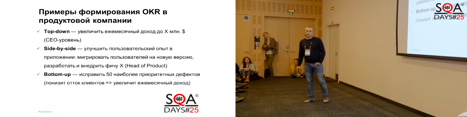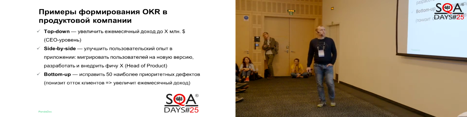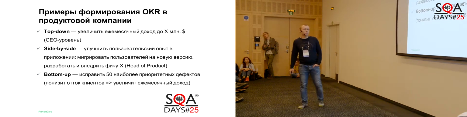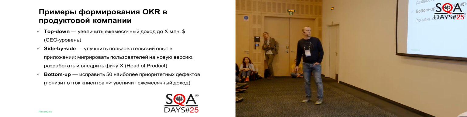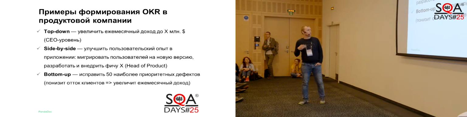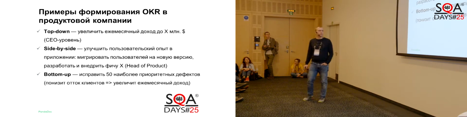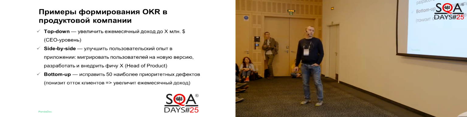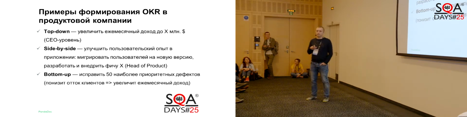I will show an example of a product company. Any product company aspires to increase their monthly app revenue. This is the product level objective. When the product sets a simple objective to improve the user experience, how can we prove that we have improved the user experience? We suggest that the new version